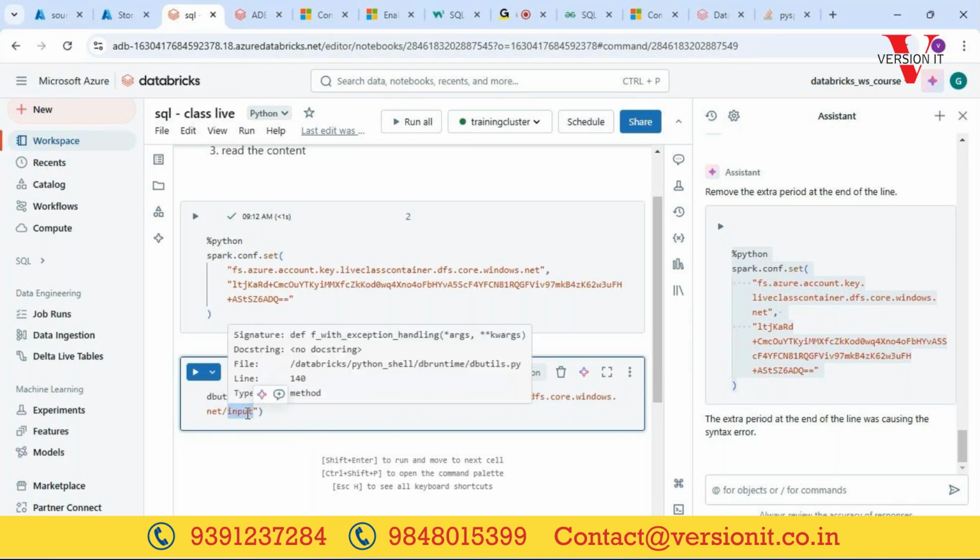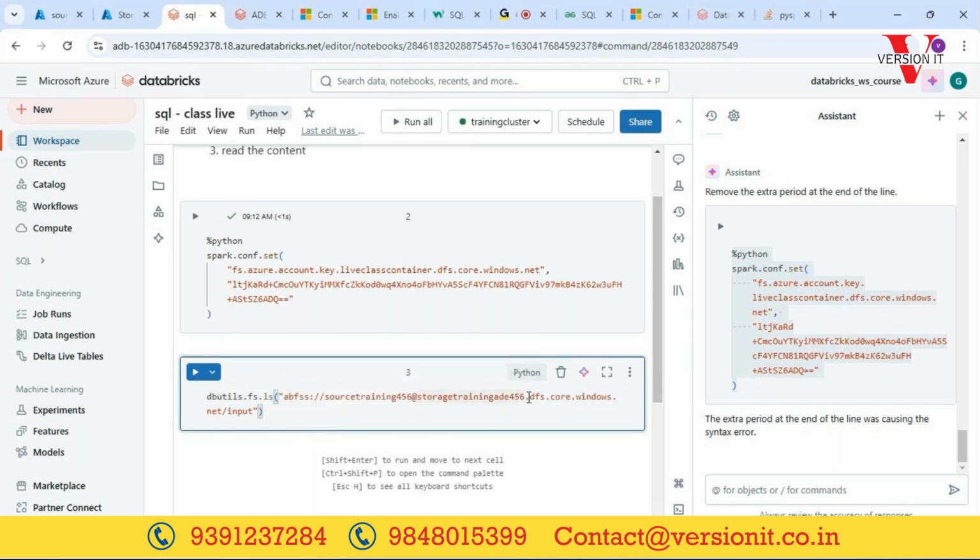This is inside your container. This is my container, right? So inside this container, sorry, this is the storage account. This is the container at the rate storage account, and then the folder. Now I don't have any folder, so I'm straight away trying to see what is available inside. Okay. So when I run this command,